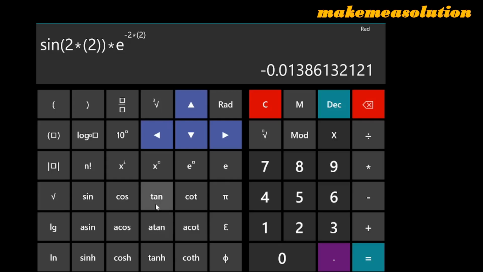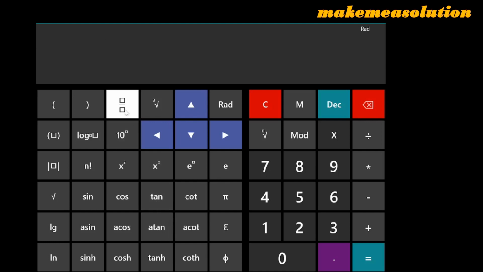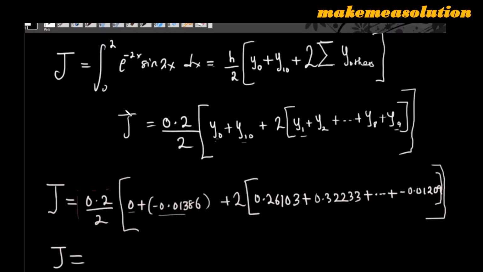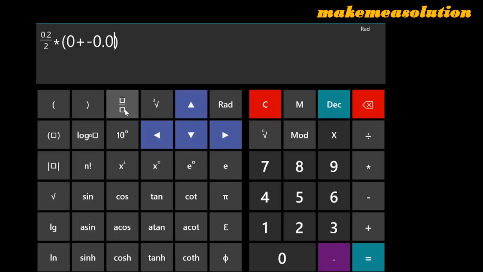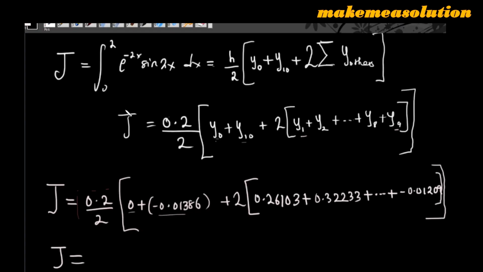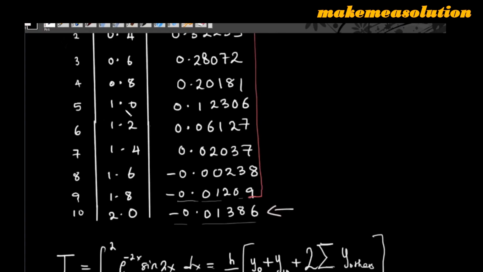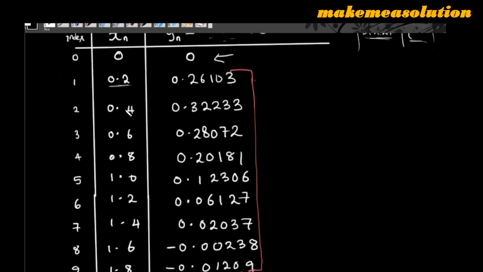So on my scientific calculator, I'm going to create it like this: 0.2 divided by 2, then times, I'm going to open a bracket. So the first value was 0, then plus the last value was 0.01386. Then we now have plus 2 times, open bracket, the sum of all other values in between. So we're going to be entering it one by one. So we're going to start with